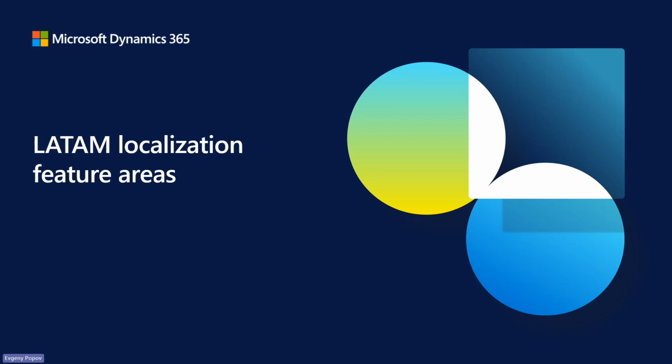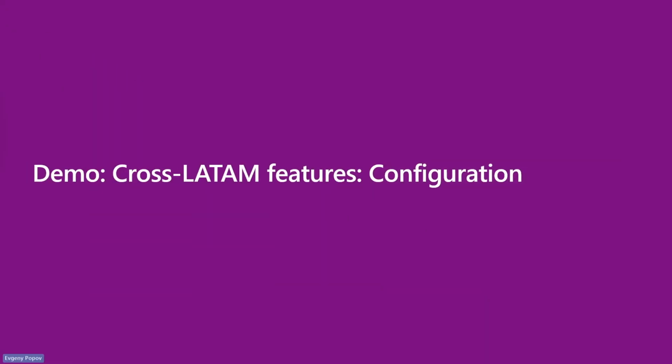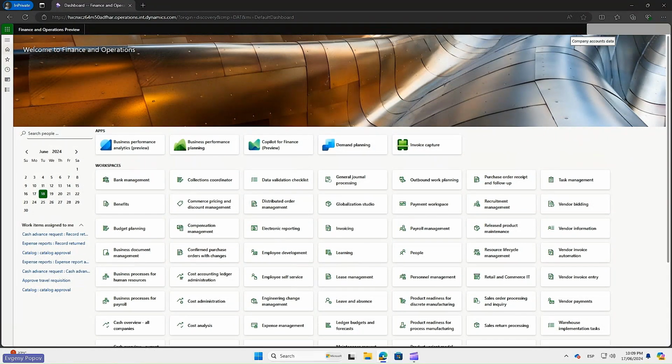And with this, we are switching to the parts of the session dedicated to specific functional areas of localizations. This part of the session is made in the form of pre-recorded demos mostly. The first pre-recorded demo covers the general configuration of the cross-LATAM functionalities. For this demo, we will use the company Contoso Mexico MXMF because a demo company for each Latin American country